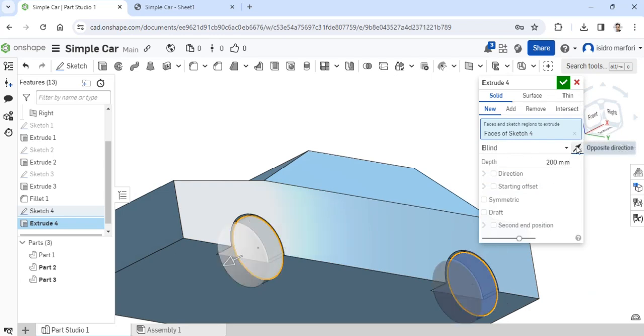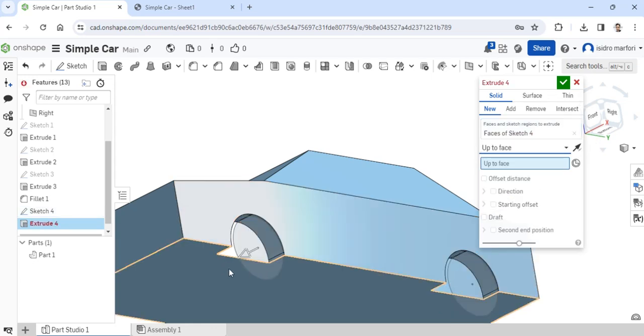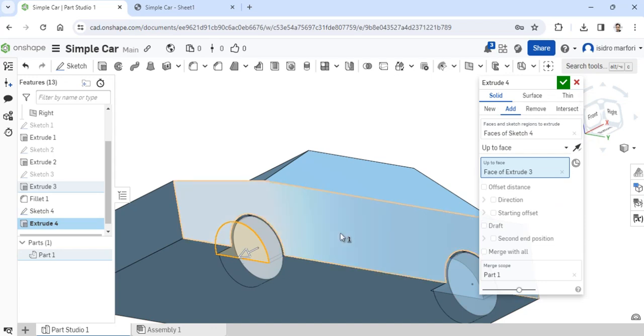Reverse the direction. So this icon here will change the direction. Or you could simply make it up to face. Of what face? This face. Just like that. Right? So you could make it adding.